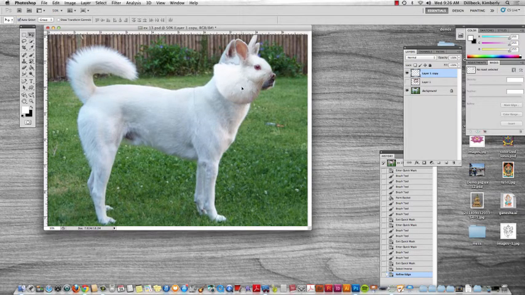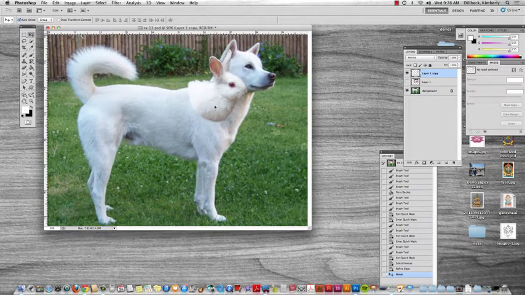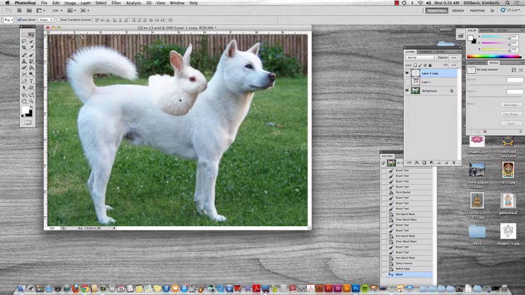Because then we'll size our rabbit, and then we'll end up putting a mask on him. So we're going to use both kinds of masking. We'll use the quick mask to cut out. We're going to use the layer mask to blend. But first, before we ever start blending, we're going to adjust the size, and then we're going to adjust the color. So when you guys look at this rabbit,